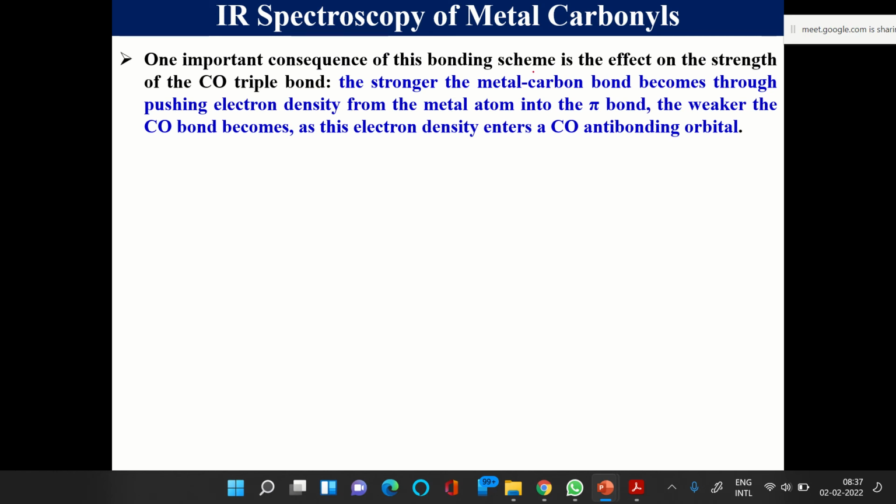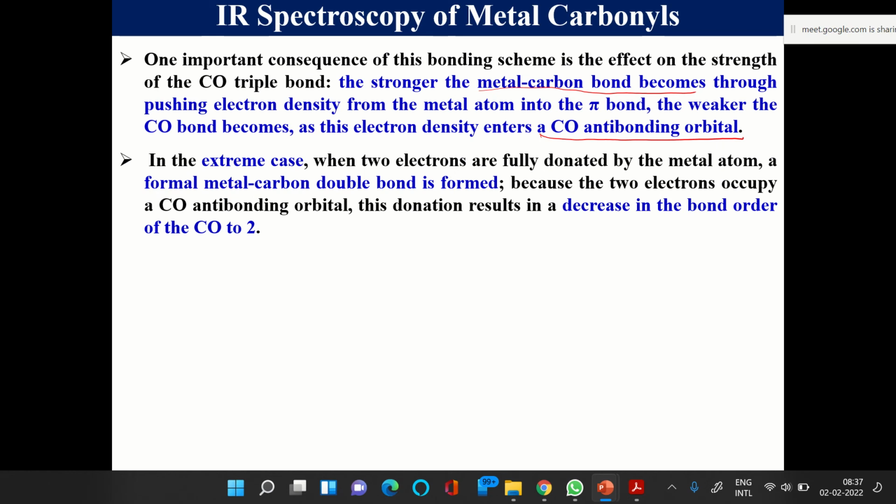The stronger the metal-carbonyl bond, the more electron density comes through the pi system into the pi anti-bonding orbital of carbonyl, and so the bonds will become weaker. So the bond order, initially in CO,